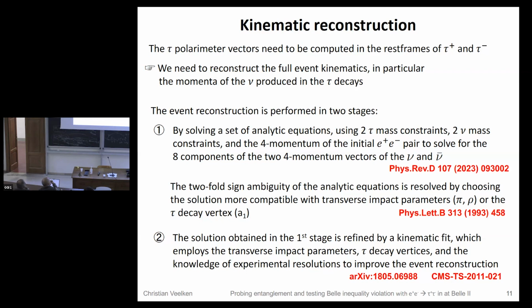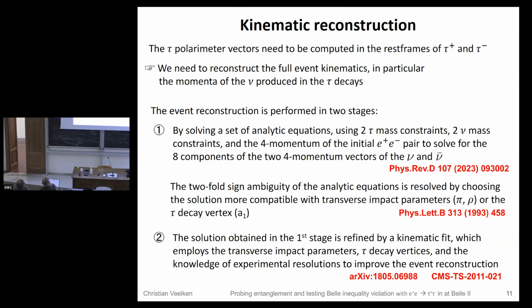And the extra information that is entered in the kinematic fit is the transverse impact parameters, the tau decay vertex, and also the expected resolution on all these quantities. So here it's only used to resolve the 2-fold sign ambiguity. And here we use the transverse impact parameters and the tau decay vertex on equal footing with the 4 vectors,